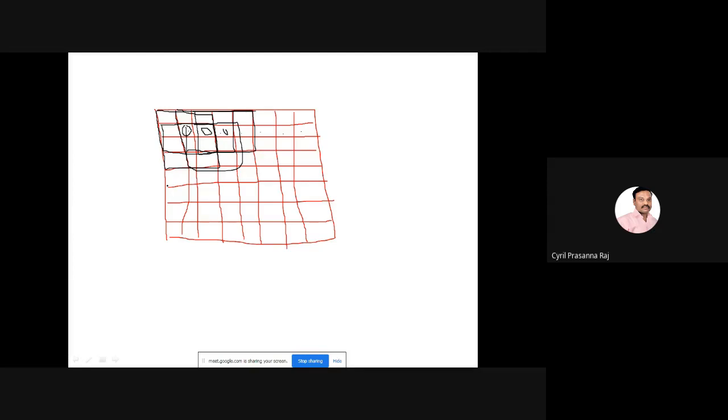What about your Y mask? For the Y mask, you start from here with the 3x3, then you go down like this. This is along the Y direction. You will not move along the X direction; you will go along the Y direction. For the next one, you start from here and do the same. That is how the entire thing works out. Is it clear to you? Yes, sir. Thanks, sir.